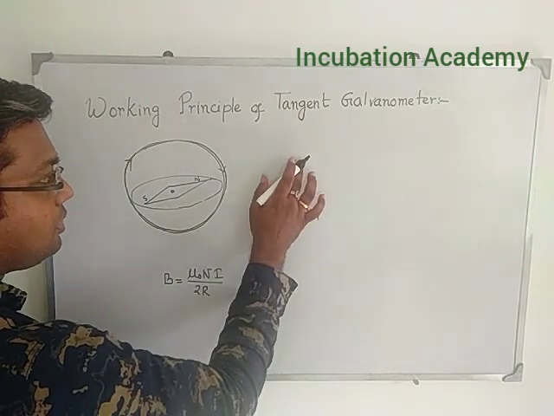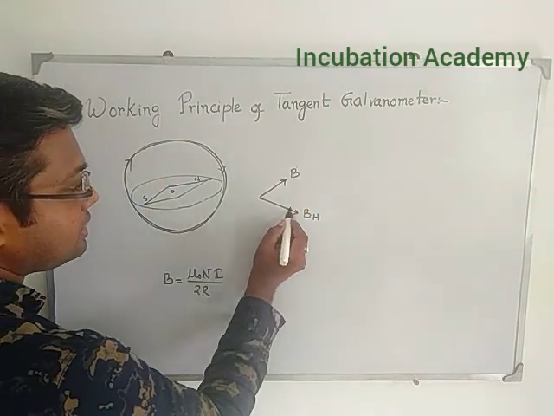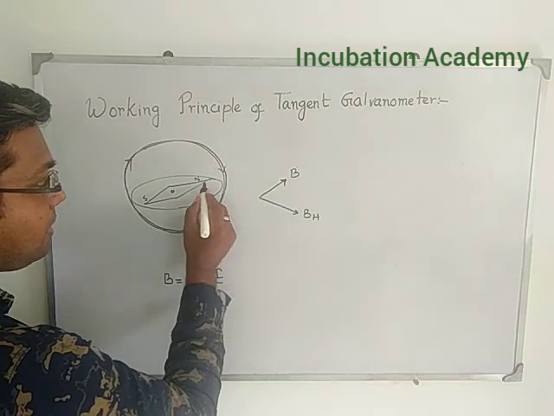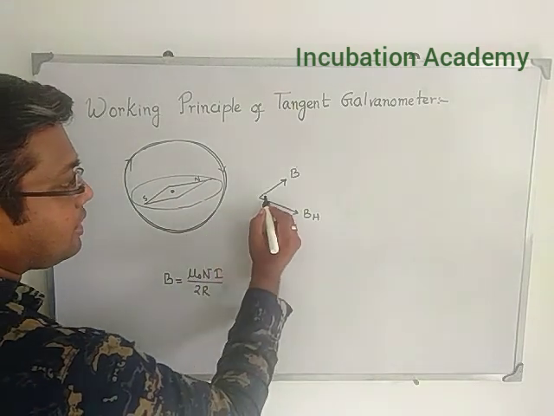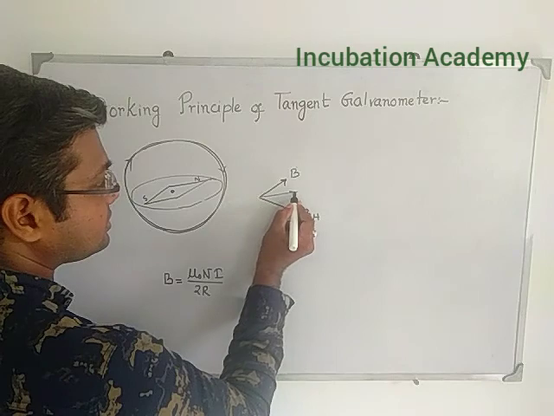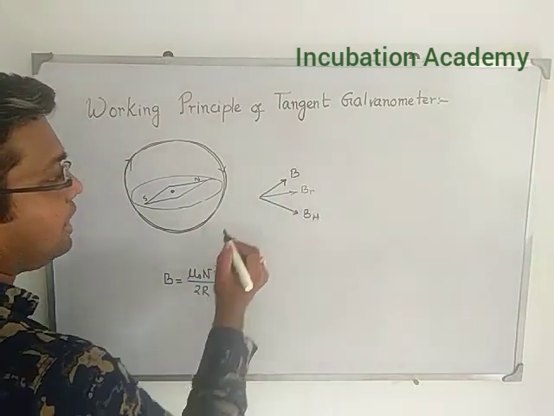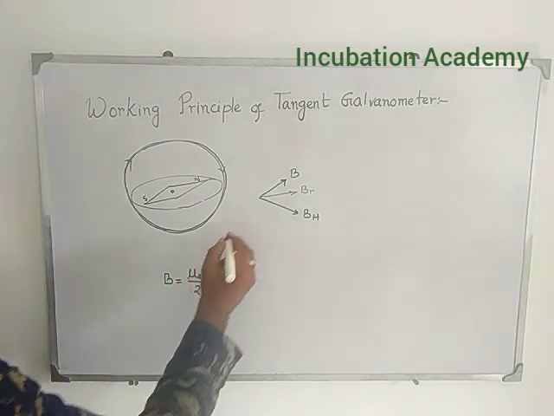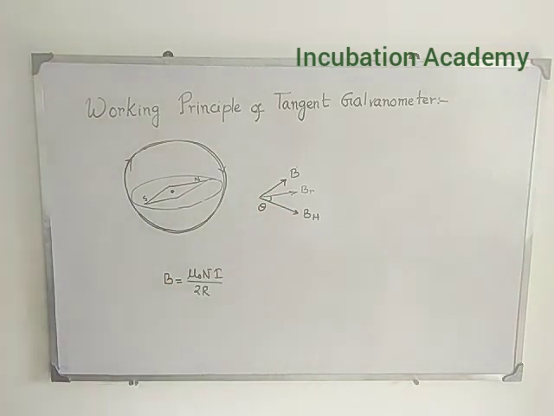When this current is switched on, when the current is flowing through here, then the horizontal magnetic field, which the magnetic needle follows in the absence of this current, now follows the resultant field. So now it will be aligned in such a direction. And if you say that the resultant magnetic field makes an angle theta with the horizontal component of the magnetic field, then